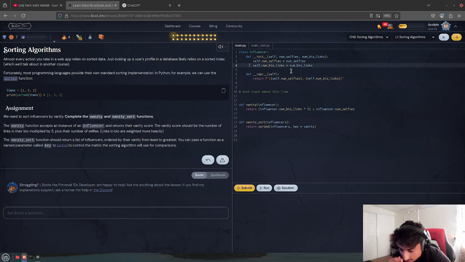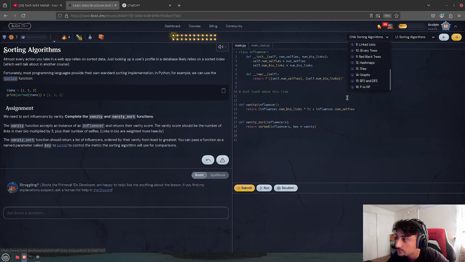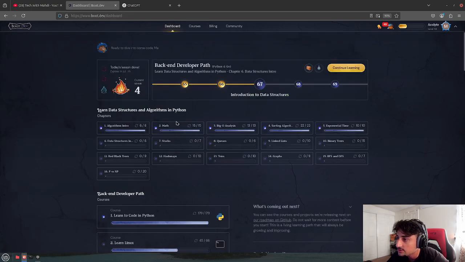So next time we move on to stacks. It's crazy. So we're on stacks, then queues, then linked lists. These are all super important, man. All super important. I really want to lock in on these. Something I'm very curious about is